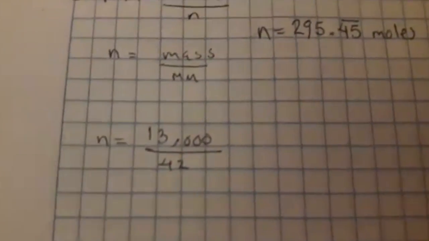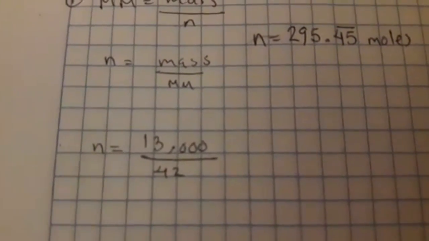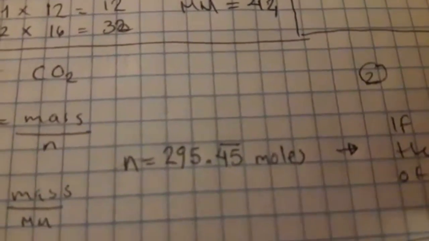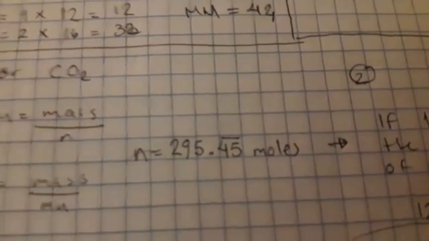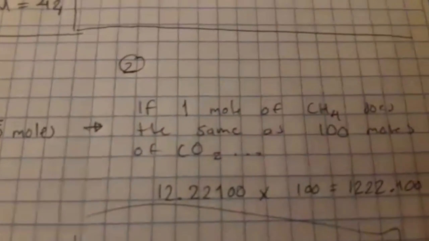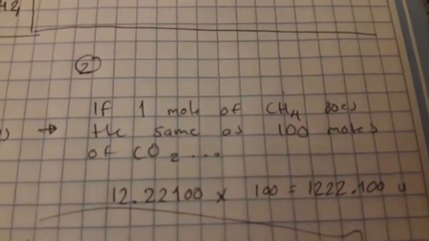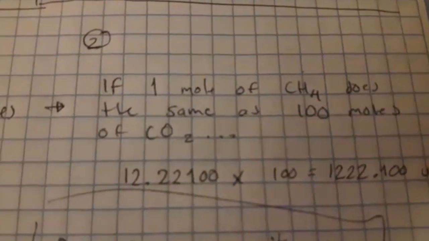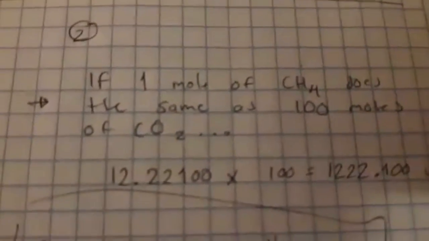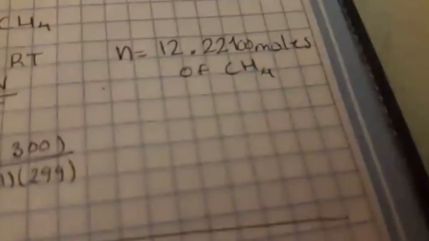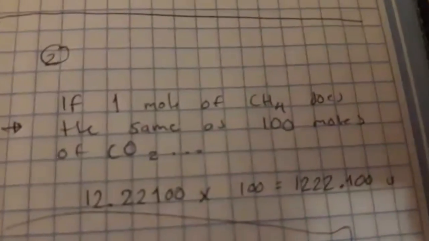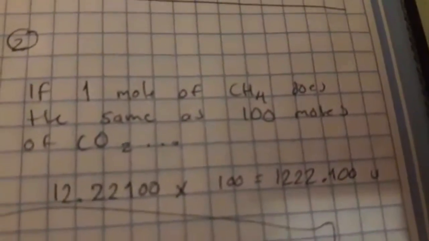Then we have 13,000 divided by 44. That gives us 295 moles. Then, if 1 mole of CH4 does the same as 100 moles of CO2, then we proceed to multiply the number of moles of CH4 times 100. That gives us